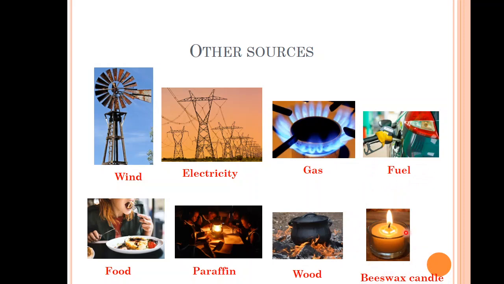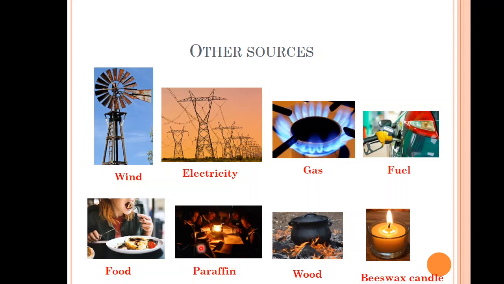Candles, we can lighten up our rooms using candles. That's also energy. Wood is also a source of energy because we can use wood to cook our food. Paraffin is also a source of energy because we can use it to light up the room, and then we study